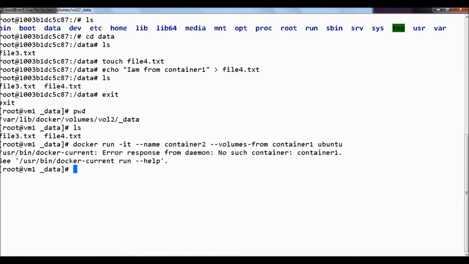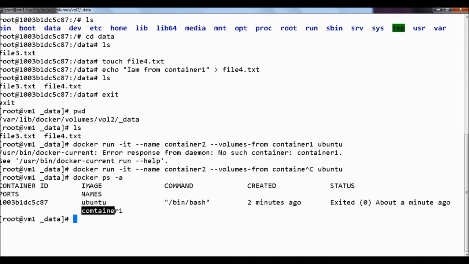Let us run this. No such container 1. The container name is misspelled. Let me confirm the container name whichever we are having. Docker ps -a. We can see the container name. It's yum. I have misspelled it. So let's use the same name. So copy from the container; here I have written yum. So let's copy from here.